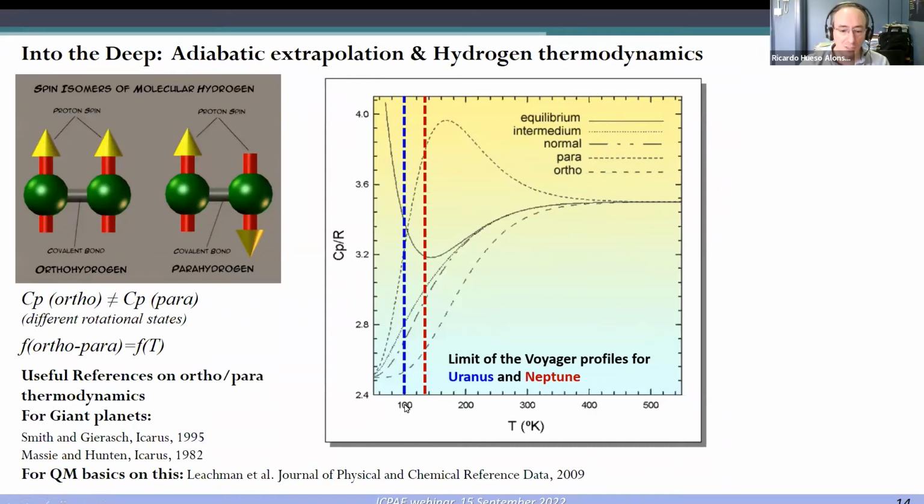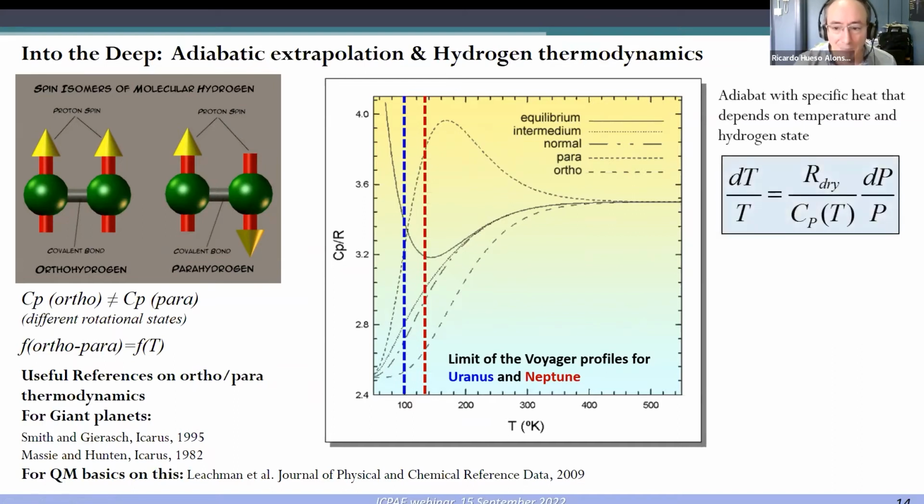But for Uranus and Neptune, temperatures are very cold, hydrogen is going to behave very, very differently, and you are going to have a particular thermodynamics that makes even defining an adiabat difficult, because to define an adiabat, you need to know the specific heat, and this specific heat depends on how much ortho and parahydrogen you have. If you have an equilibrium at a particular temperature, which is what you would expect, you would have a very weird behavior of this specific heat with temperature,